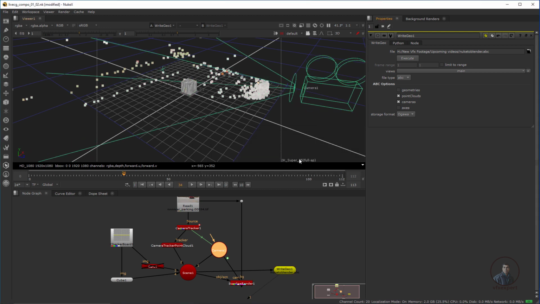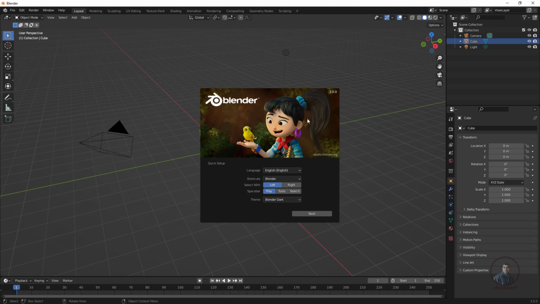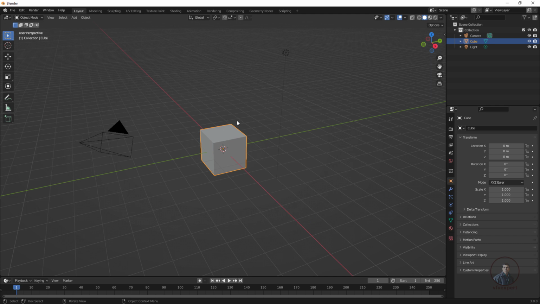Now I have exported our camera track. After this, we open Blender and import this camera data into Blender. I am using Blender 3.0 here. Click in the 3D view, then select all the default elements and delete them from the scene. Press A and delete all these items, maybe the light, cube, and even the camera, which are default items. Okay, now delete them.